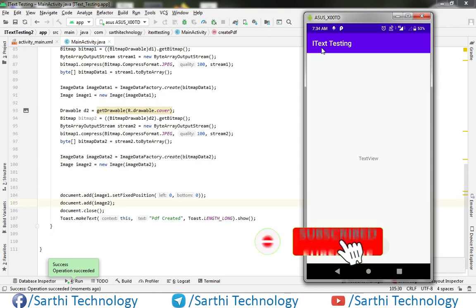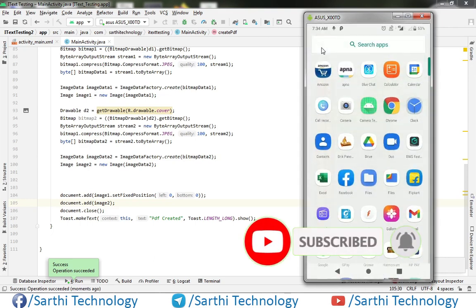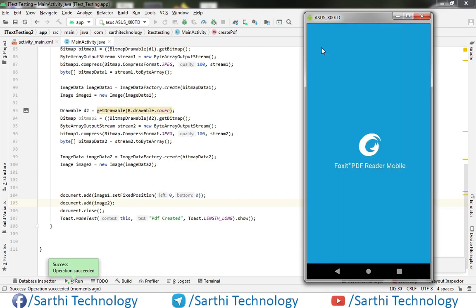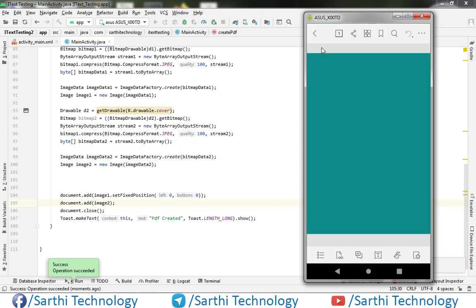Now here PDF created, so let's open the PDF. Okay, so here we have only background image. So let's check what is the problem.